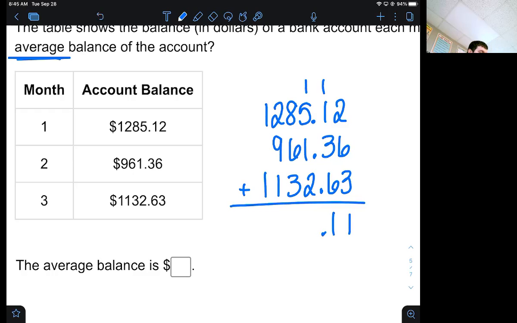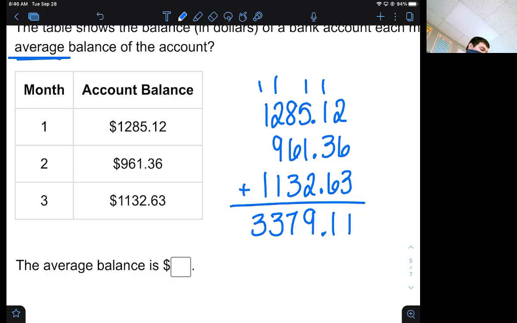What's 1 plus 5 plus 1 plus 2? 9. 8 plus 6 plus 3? 17. 9 and 1 makes 10, plus another 1 and 2? 13. 1, 1 and 1? 3. So if I add my account balance up for these 3 months, it was